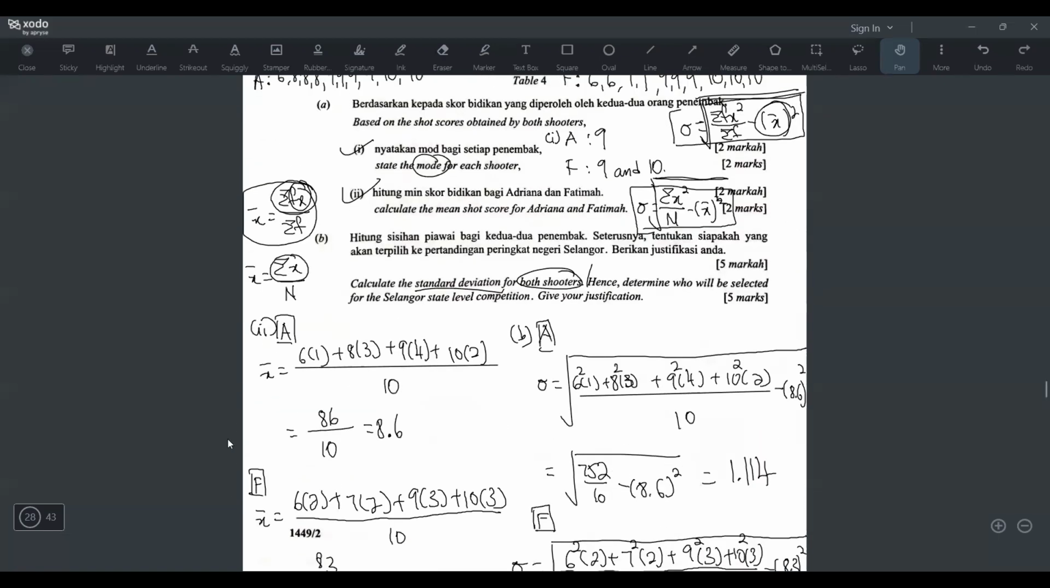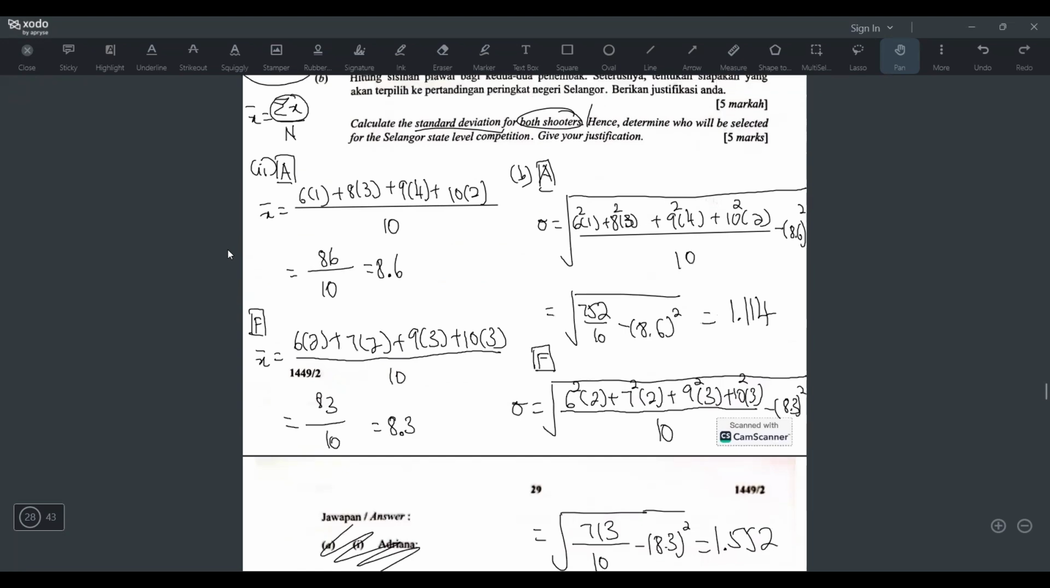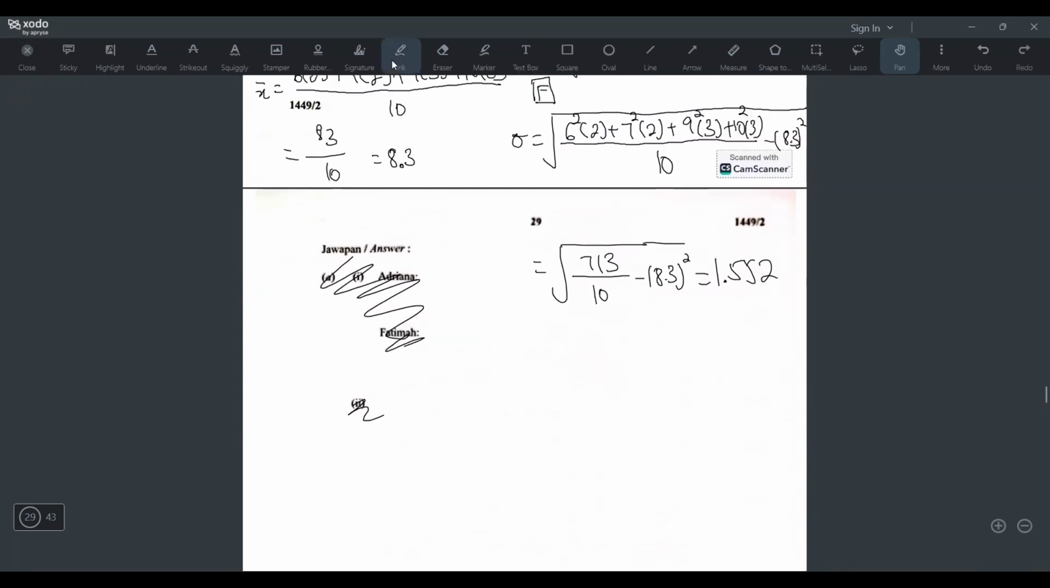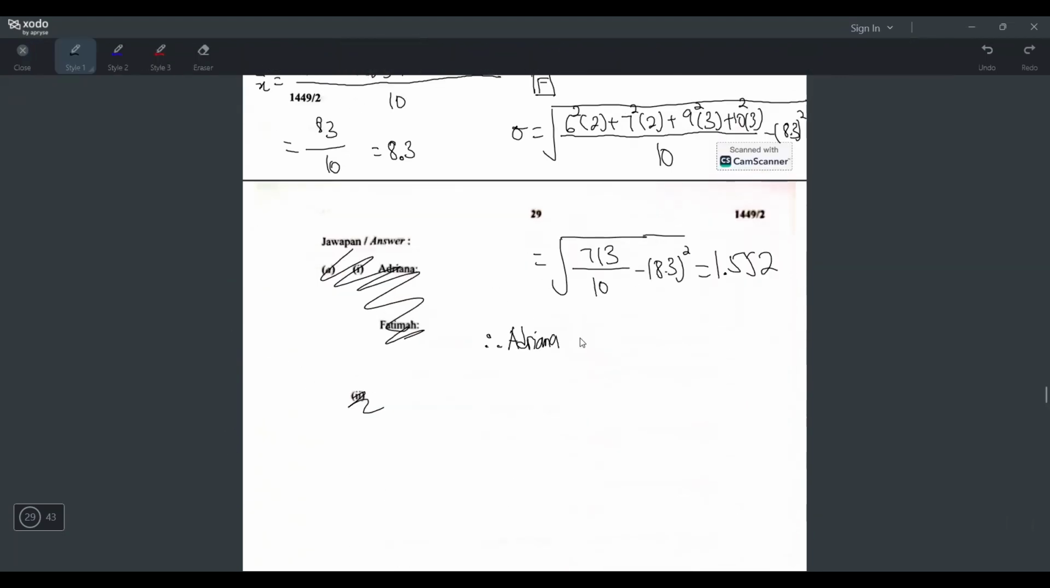Lower, because standard deviation is a measure of dispersion. So if your standard deviation is lower, it means your dispersion is lower, and lower dispersion means more consistent. So who has the lower standard deviation? Adriana. So I'll write here Adriana. But they say give a reason, right? It means who will be selected. So Adriana will be selected because